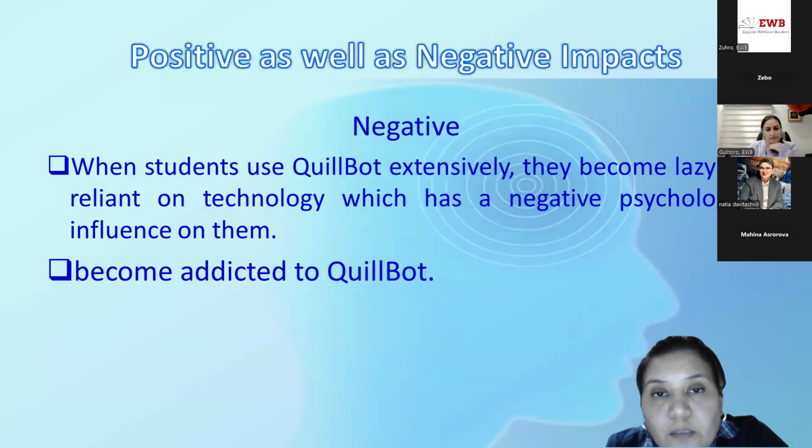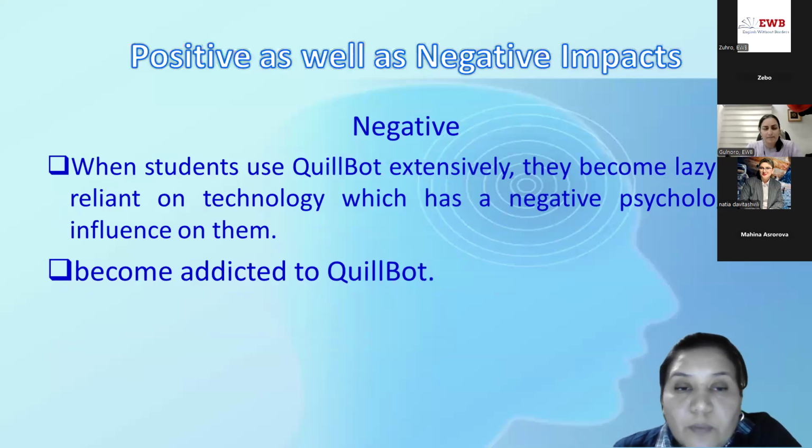Using AI, students can become lazy and reliant on technology. And this is one of the negative features of using AI in writing or in the classroom. They can become addicted to Quillbot and other AI tools.